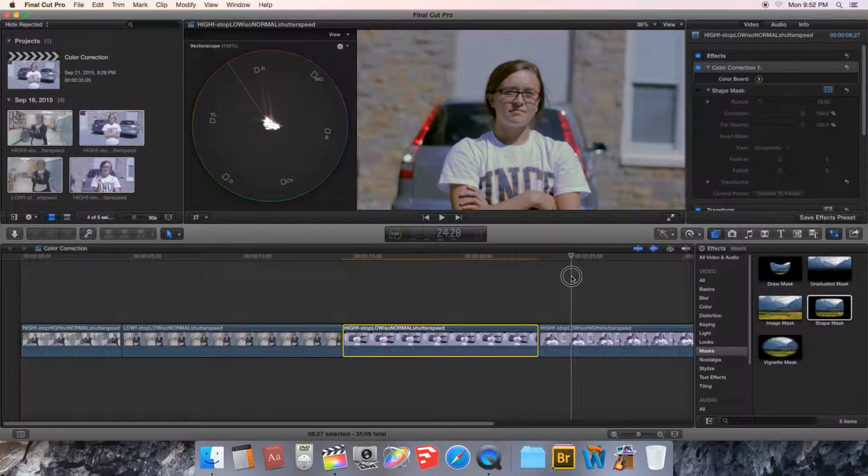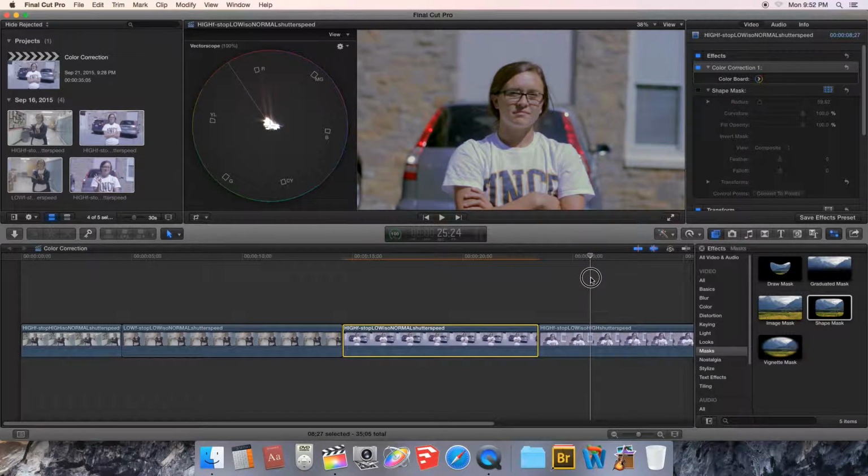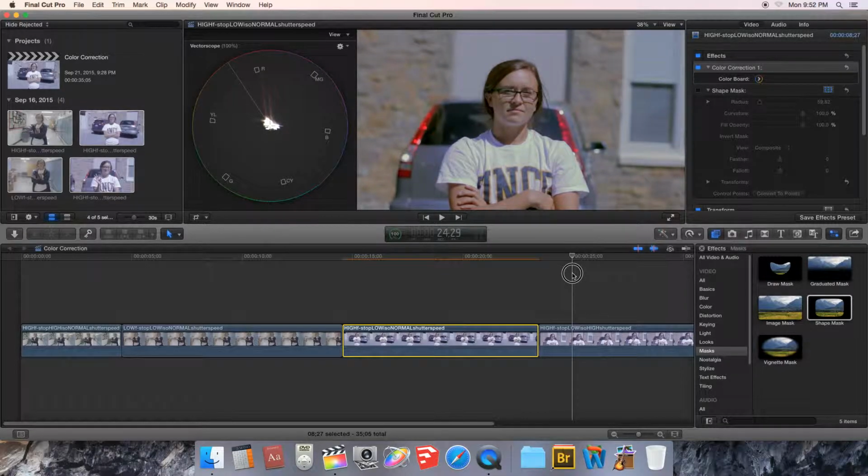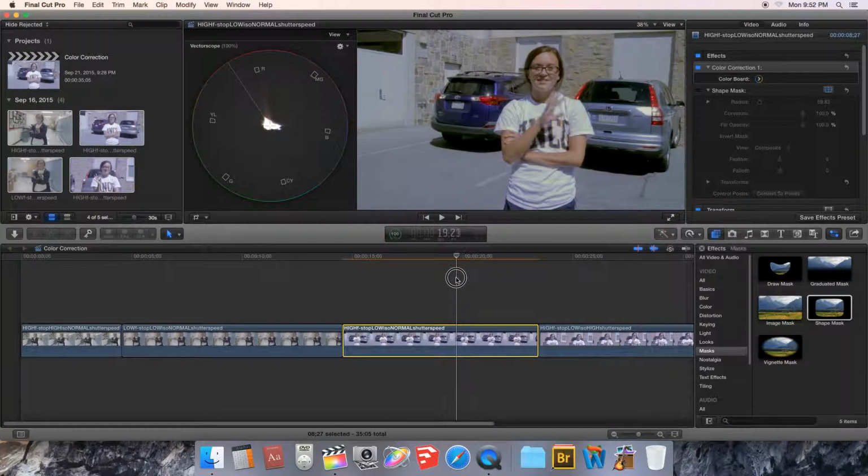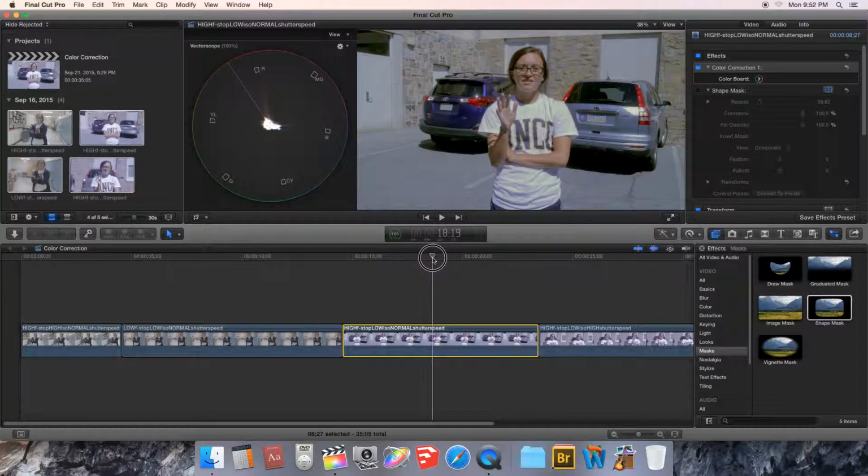One has a shallow depth of field, very high f-stop, very low ISO, and actually a super high shutter speed in order to compensate for the extremely bright image with a high f-stop. And the other end we got a very low f-stop, a middle of the road ISO, actually a low ISO, and then also the shutter speed is very normal, and you got good motion blur. But very different clips, again with a very similar color correction, and